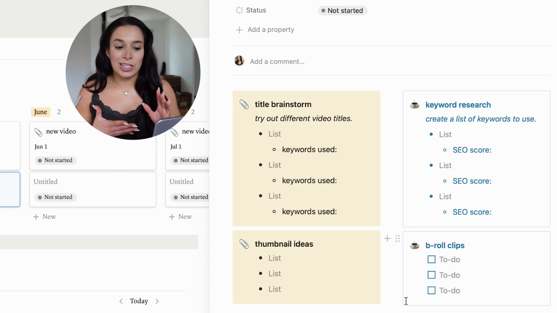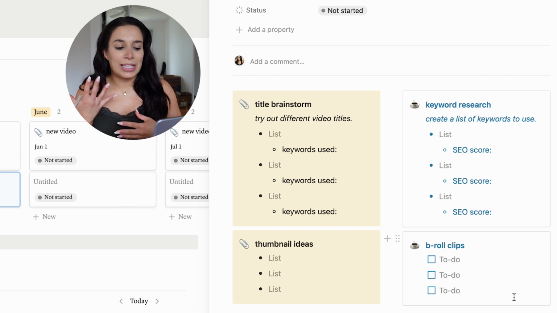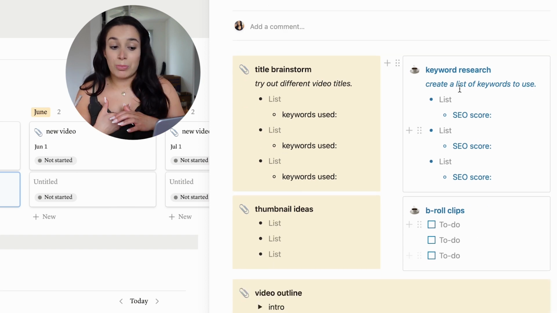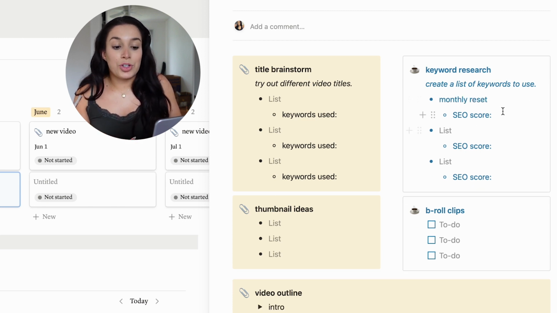Basically, it has sections for brainstorming your titles. So you could like test out different titles, see how many keywords you're using in each of them. You can put your keywords in here when you're doing keyword research. So you can list the keyword, for example, monthly reset, and then you could put the SEO score. So if you do keyword research using an app like TubeBuddy, which is what I personally use,